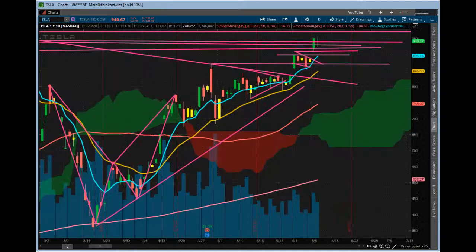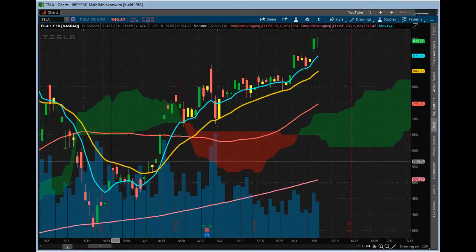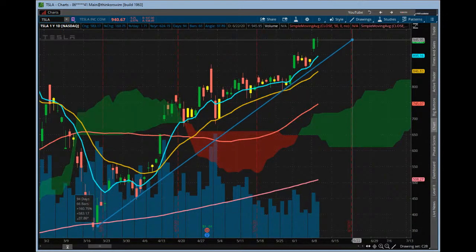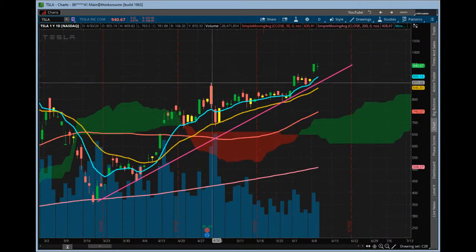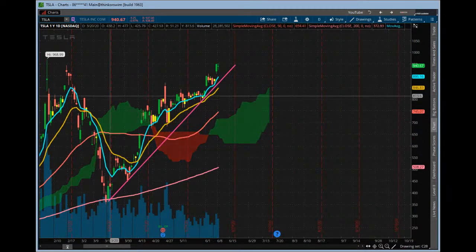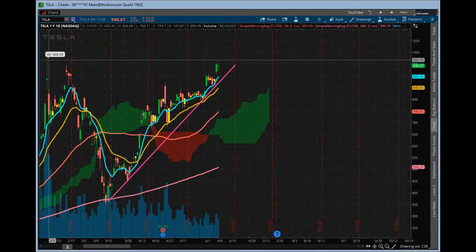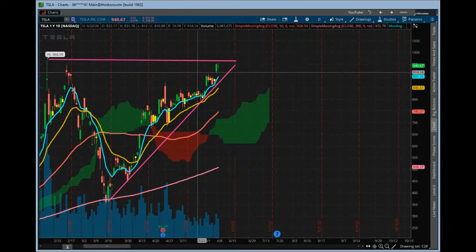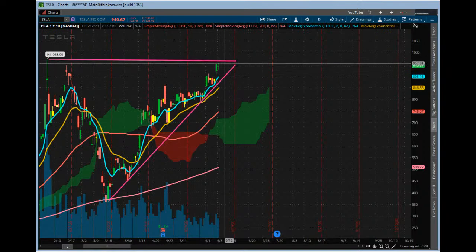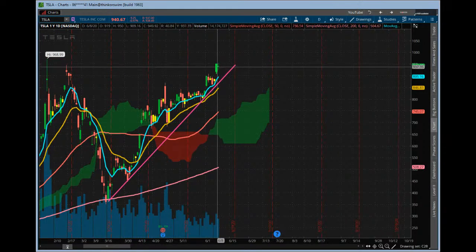Tesla. So Tesla, doing okay. Doji day today. It's getting a little bit messy here. Let me get a clean chart for you. Tesla is working its way up. It's definitely in the context of an uptrend, right? And some could argue it's maybe working on a rising wedge type pattern, but either way, it is still bullish until proven otherwise. And today it gave you a little bit of a doji. It hasn't quite closed above these highs. This looks very similar to what Apple did recently. So let's just see if it does. A little doji day. Maybe we get a doji sandwich up tomorrow on Tesla. So that could be definitely something to look at there.